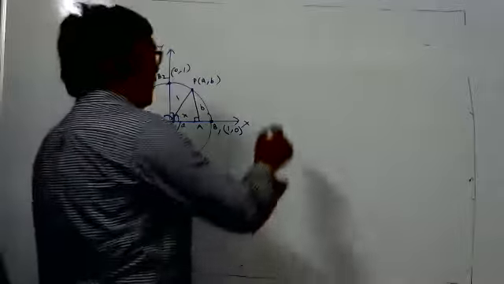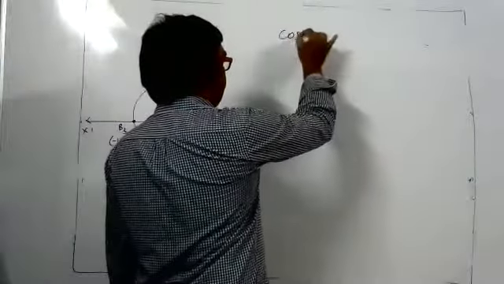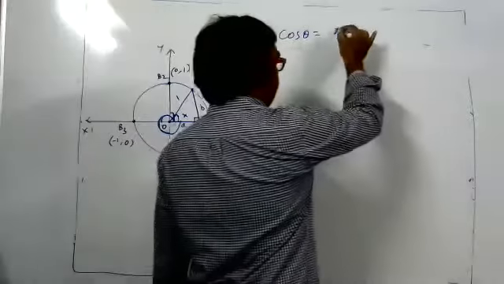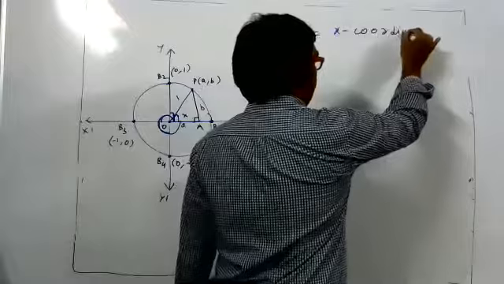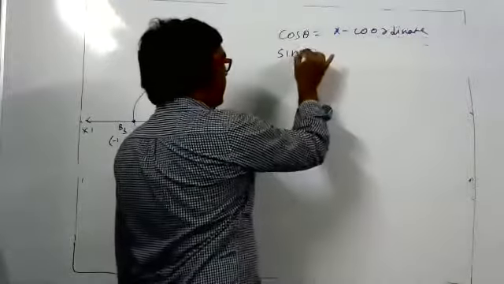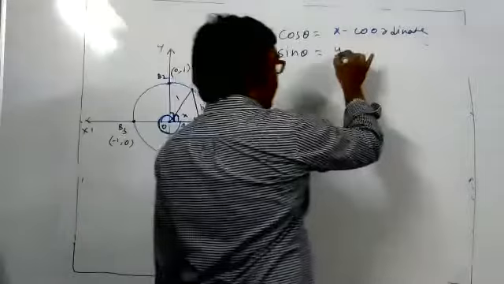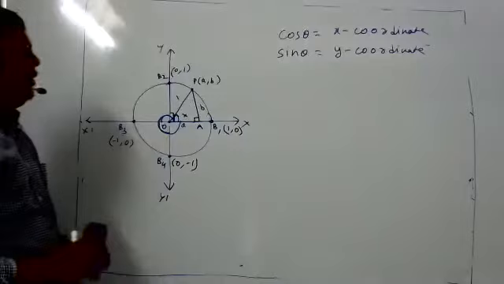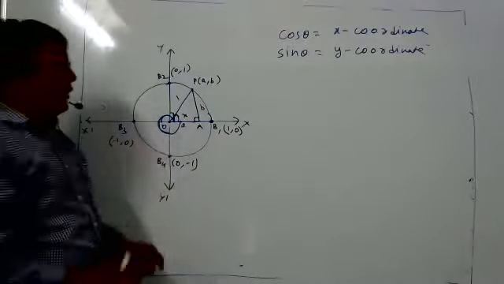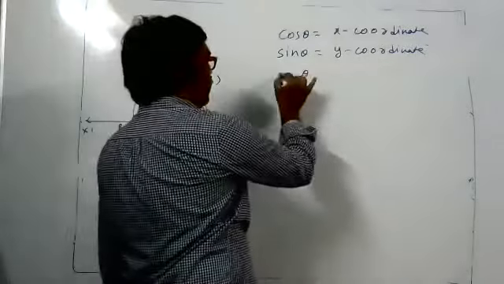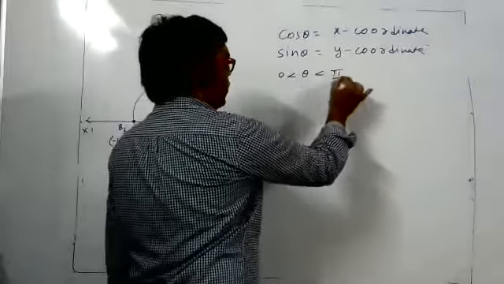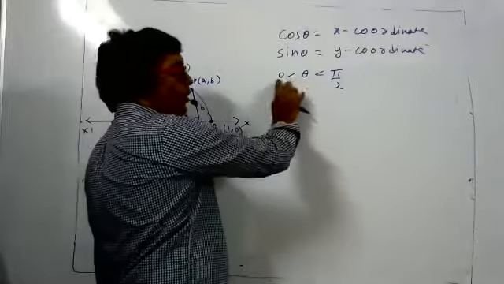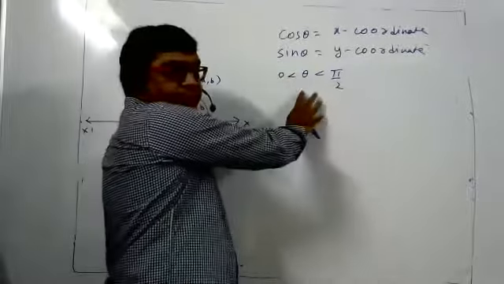Now, what is sin theta? What is cos theta? We have learned that cos theta is x coordinate. All of you agree now? And what is sin theta? Y coordinate. Do you remember this concept? Suppose now theta is more than 0, less than 90. I think this also you know the symbol. Theta is more than 0 degree, less than pi by 2 radian. All of you know this?